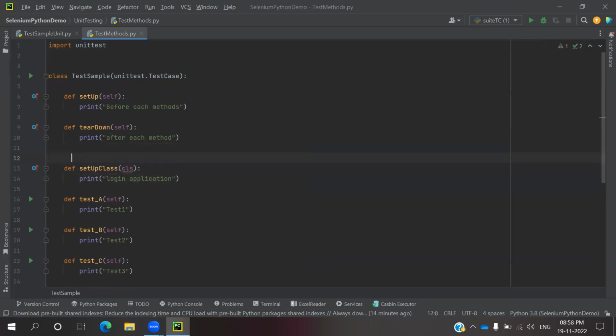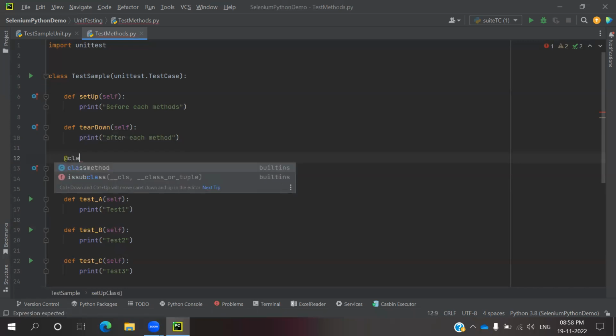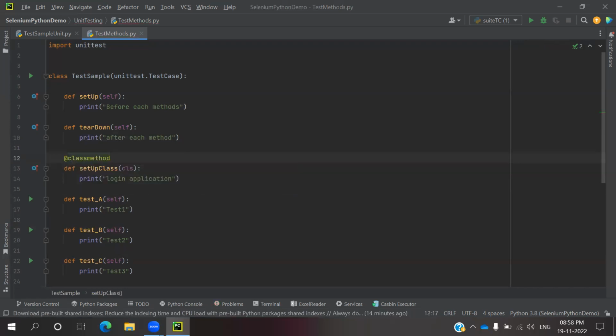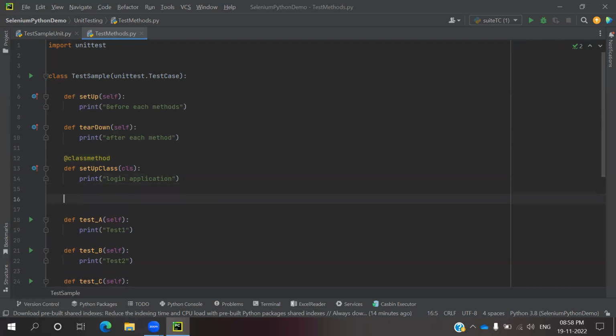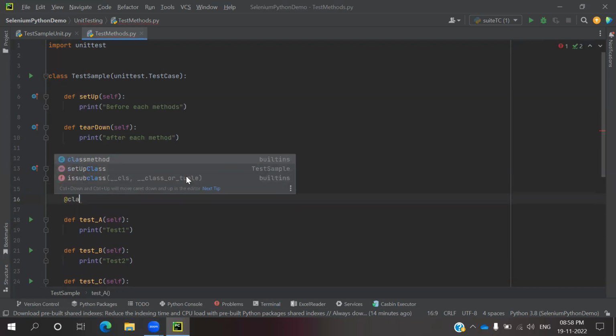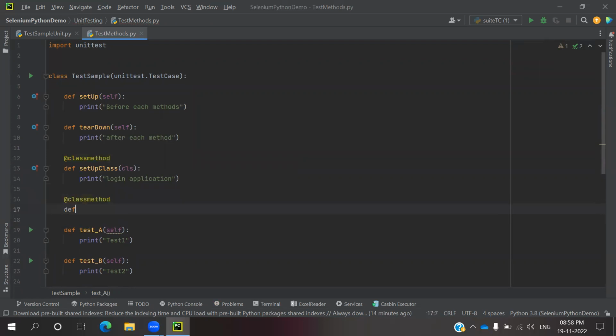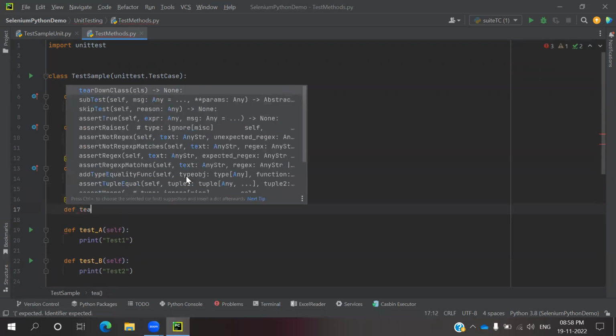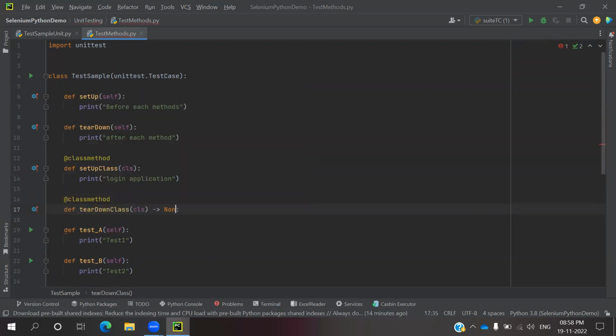For this it will take one annotation, that is at the rate class method. Okay, this is like a class level method. This annotation is required, at the rate class level, and you can define tear down class level